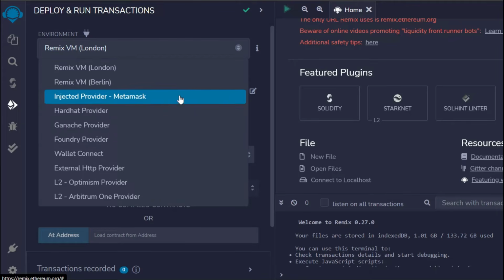So we have the Injected Provider, the Hardhat Provider, Ganache, and the Wallet Connect provider. We have all these providers, and we can use them to test our smart contract. If you want to use Hardhat, which I used a lot in my previous NFT marketplace project, and you haven't watched that, I'll link the complete tutorial so you can follow it. We're going to use each of these providers in detail, but we'll start with the normal Remix VM